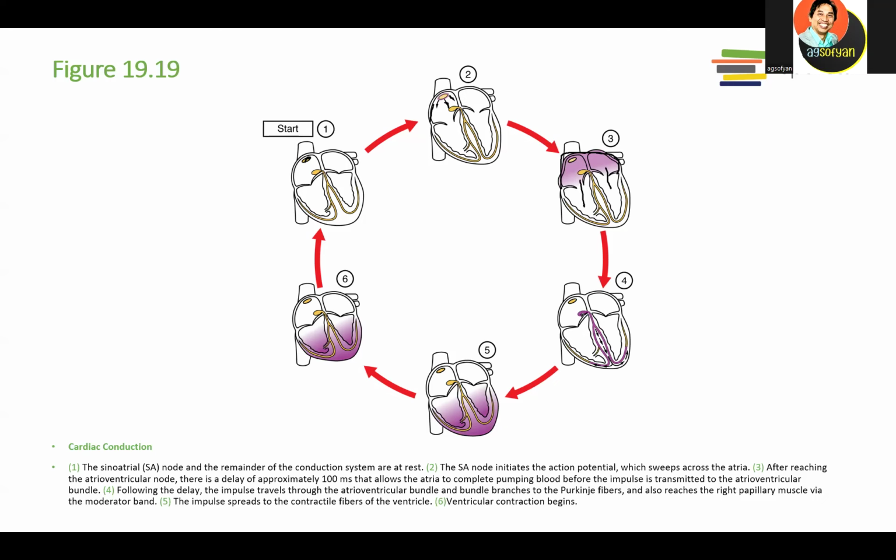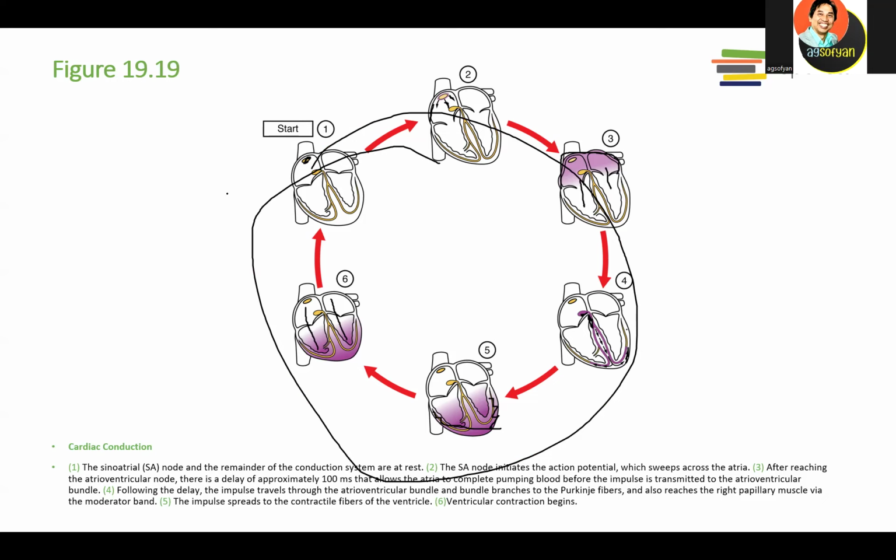And finally, this is called the atrioventricular node. Go to the branch over here, okay? And then go to the Purkinje fibers. And then finally, what happened? When the blood is ready in this ventricle, the muscles of the ventricle will contract, will push the blood to the whole body or to the lungs. And then after that, it will relax again and start contraction again from here. It's just cycling like that.